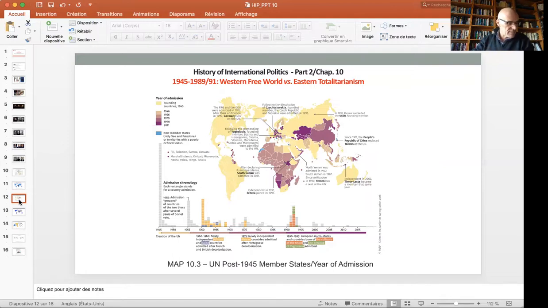Peaceful means of conflict resolution. Article 2.4: all members shall refrain in their international relations from the threat or the use of force against the territorial integrity or the political independence of any state. So states should not go to war, but of course,